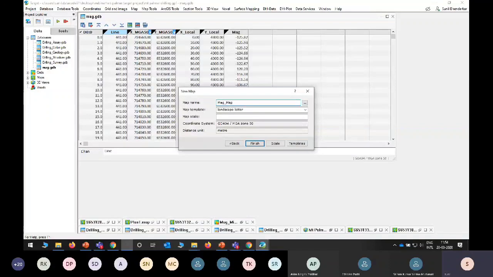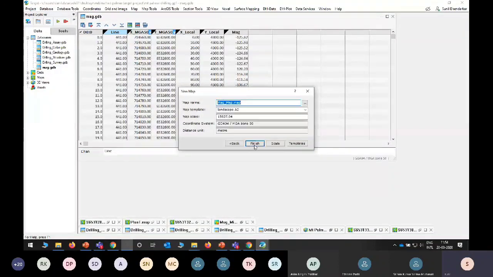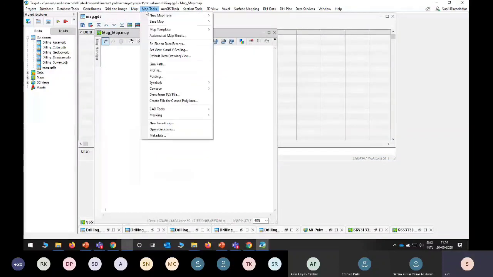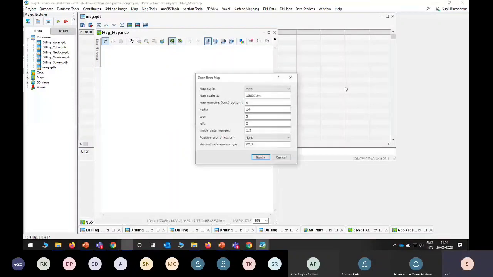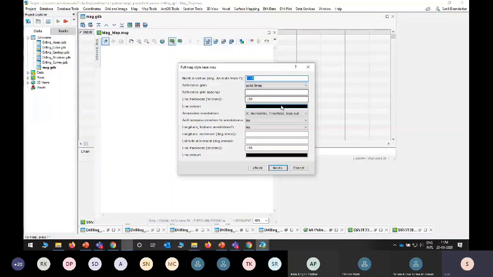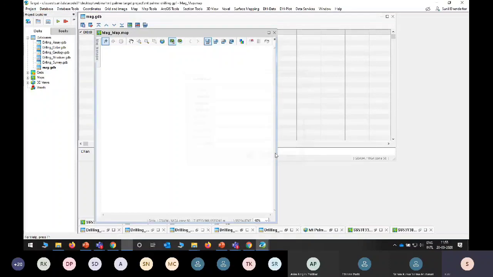Map. You can change the paper size. You need to scale is there. To finish it up, then go to map tools. Create a base map. So here also you can change the scale. Few options are there. You can change solid lines or crosses. I will select this. Then you can add more information like a map title box. So you can see the client, map title, map creator, or more.